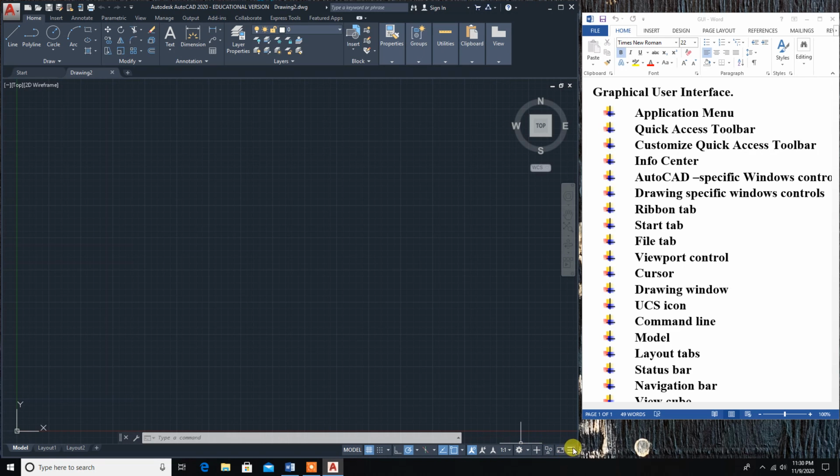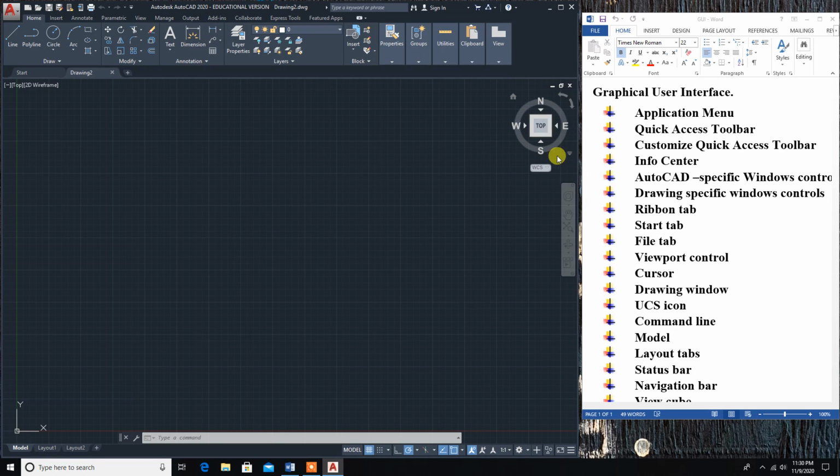The last one here is the customization menu. This one is the navigation bar, and this one is called the view cube.